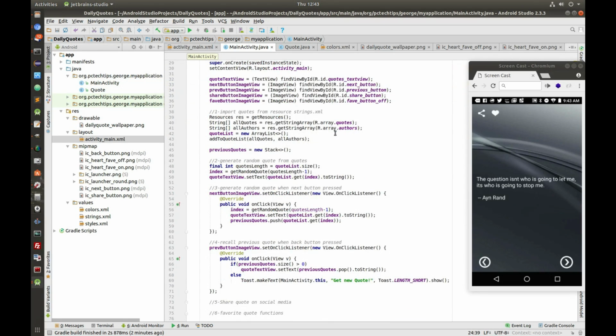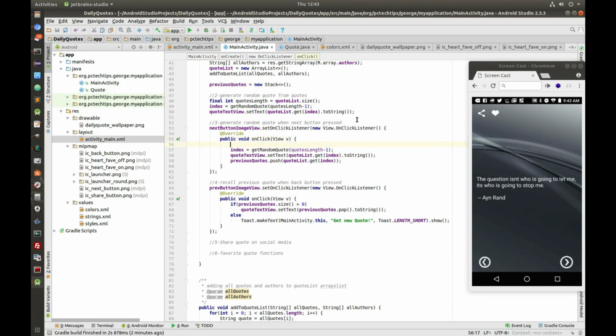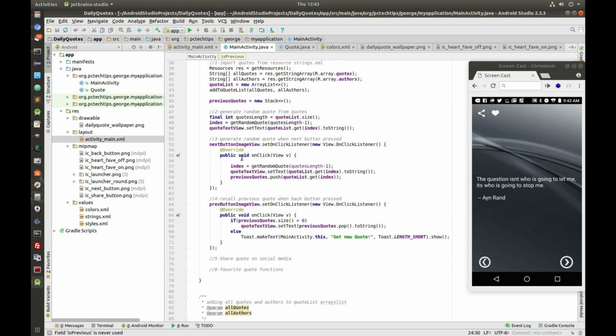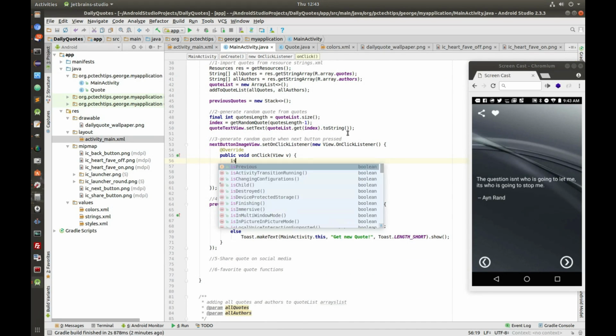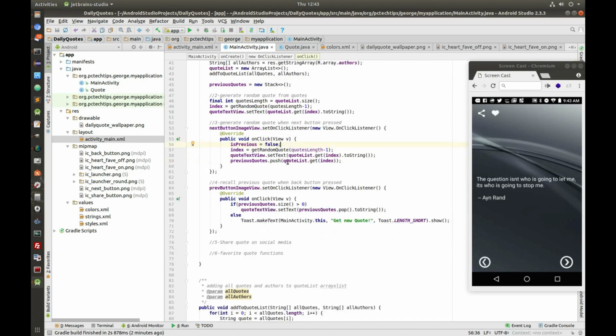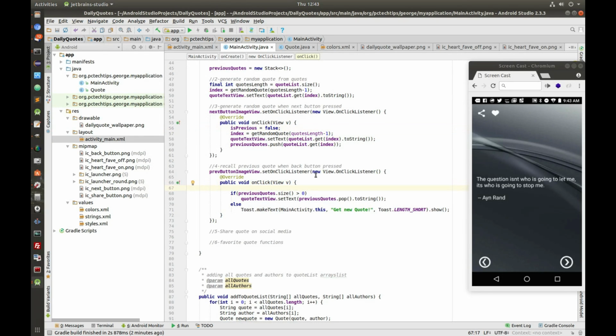And so whenever we get a next quote, I'm going to also set is previous to false. So as long as we get in the previous quote, it is set to false,